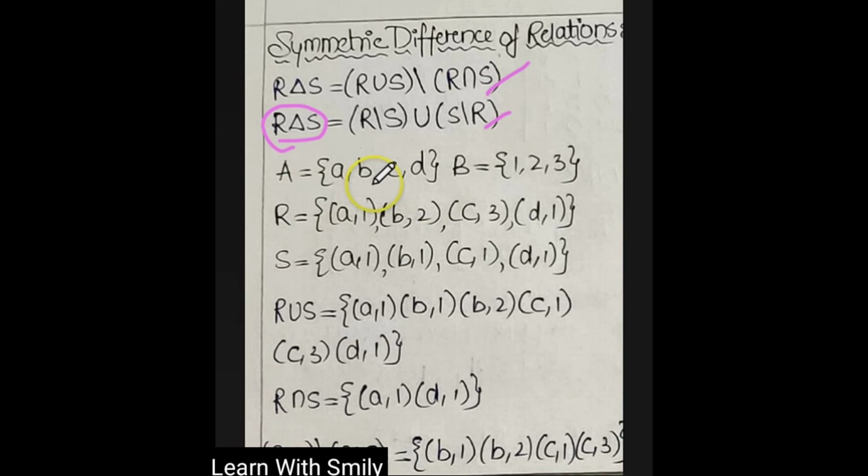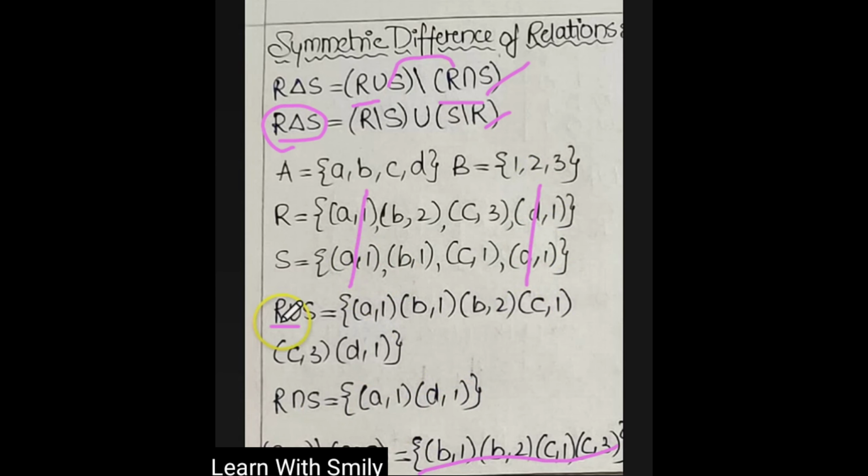If you are taking an example of set A and set B and performing it on R and S, first we have to find out R union S and R intersection S, and we have to find the difference between these two outputs, right? Then we'll get the exact required symmetric difference. Got it? So first we have done the R union S. R union S includes the elements in both R and S without repeating. R intersection S, which means the common elements, A comma 1 and D comma 1, are common, right? So these will be the intersection.